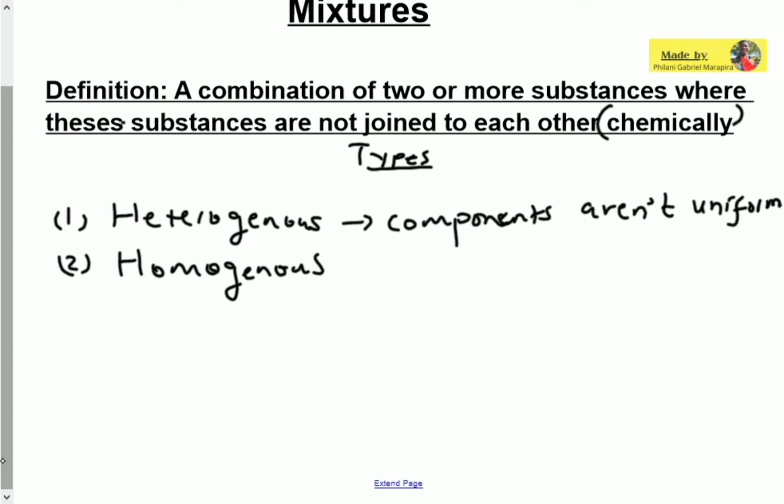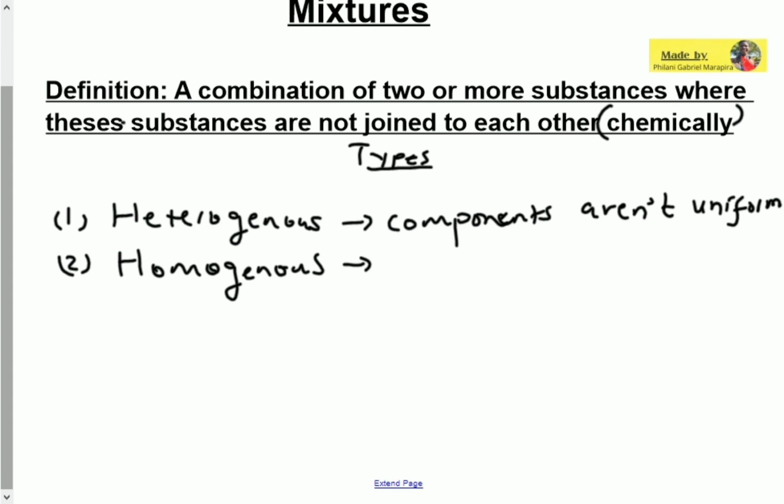So by uniform, it means the same. You see, the uniform we use to go to school means that we want to represent the same thing. Therefore, if something is not uniform, it means it is different. You can see a variety of something when there's a mixture. If you look at the topping of the pizza, you can see the cheese, the mushrooms and all that. Those are not uniform because they are identifiable with just your physical eyes. You can just see and identify that this is the cheese, there's the mushrooms, and so on. So they are not uniform.